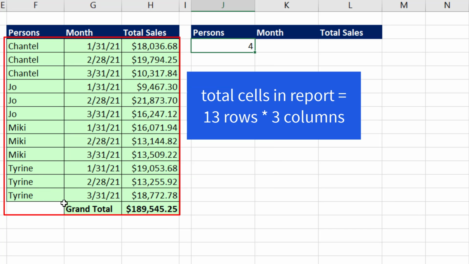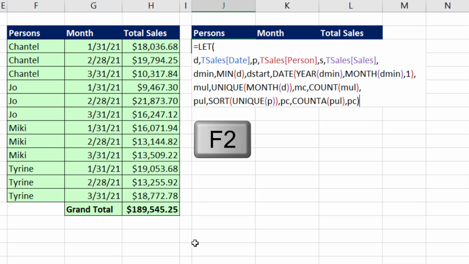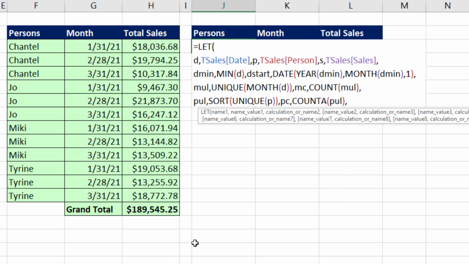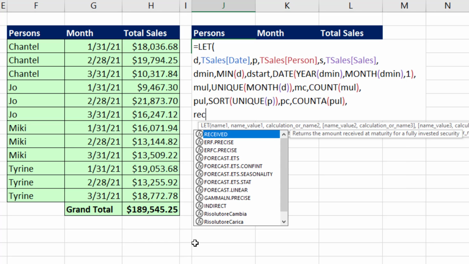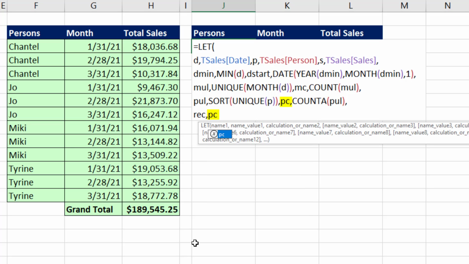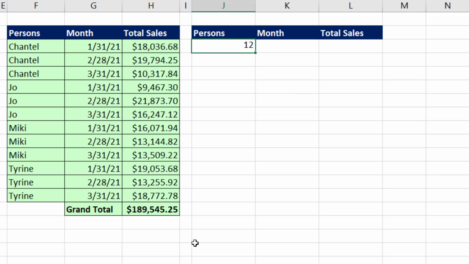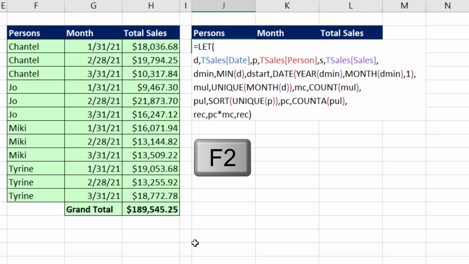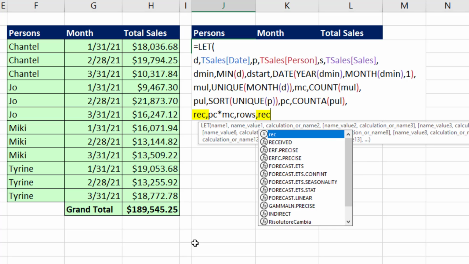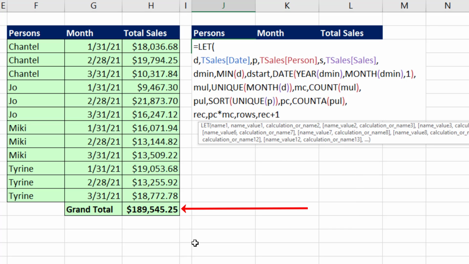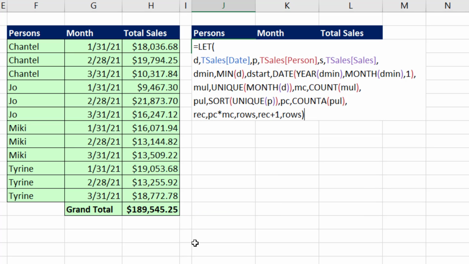And we're also going to need to count all of the cells in the report. F2, backspace, Alt, Enter. So I'll call this one records for number of records. And we'll say person count times month count, comma, and the number of records, 12. F2. Rows will be the next variable, and that's number of records plus 1. The plus 1 is because we're going to have the grand total cell, comma, and then rows should give us